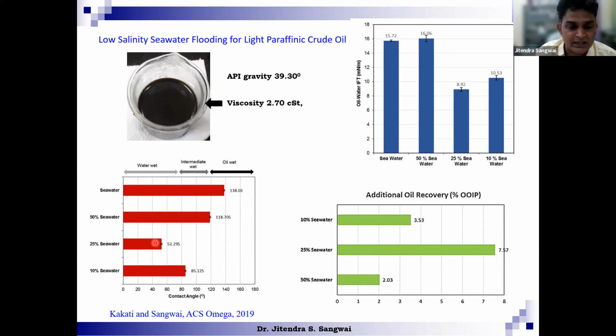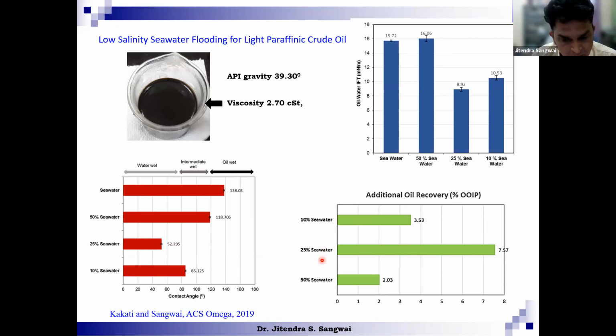And therefore our intention is to recover the oil by altering the wettability, which indicates that if you tune the seawater concentration to an optimum level, you can not only recover the oil but also alter the wettability. And that is what we found doing some experiments. As I said, we have a setup and we do some experiments. What we observed is that additional oil recovery of about 8% can be achieved with a 25%